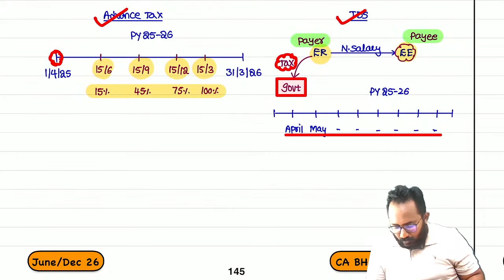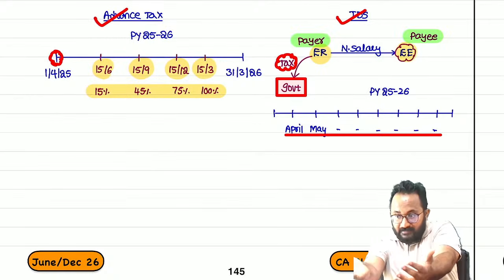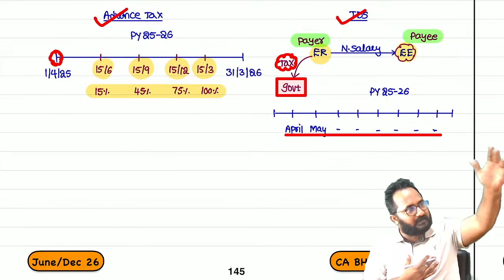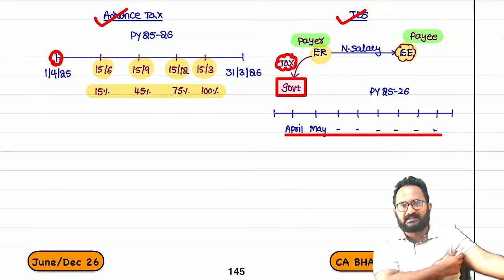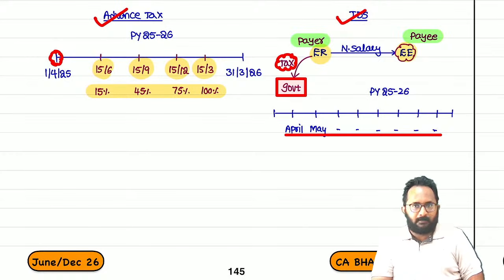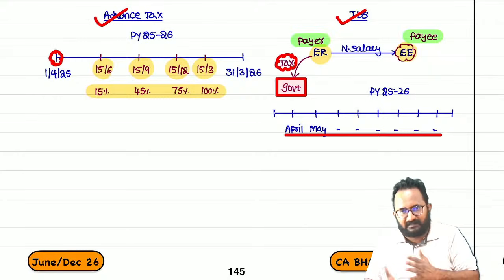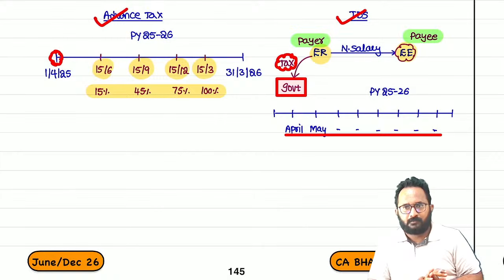So out of these two, which is best for the government? TDS only. Because before that income reaches my hands, the payer deducts the tax and deposits it with the government. So definitely it is the best tax collection mechanism and best tax administration by the department. Understood? Now if anyone asks which tax collection mechanism is best, advanced tax or TDS? TDS only. So now these two concepts we have to discuss in separate chapters. Now we are targeting advanced tax.